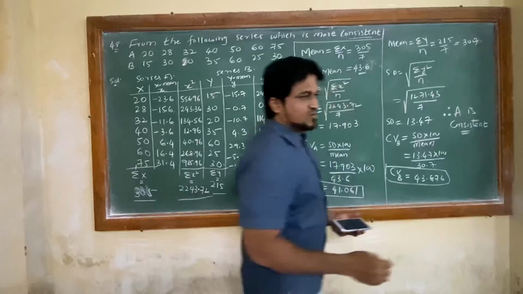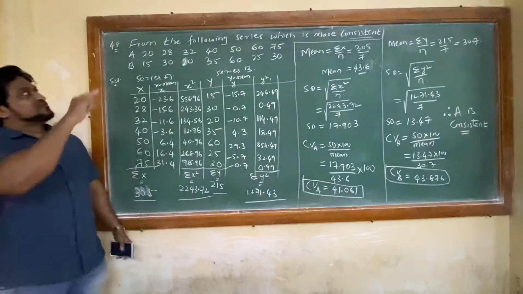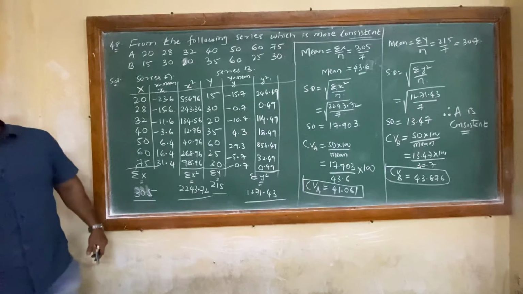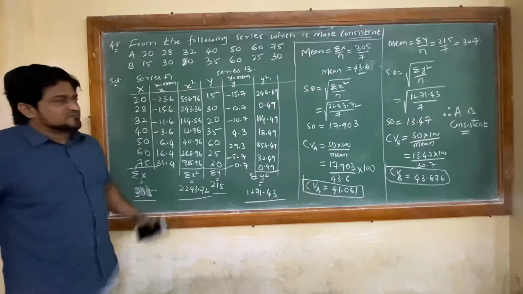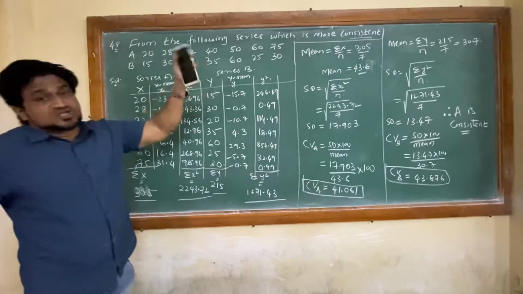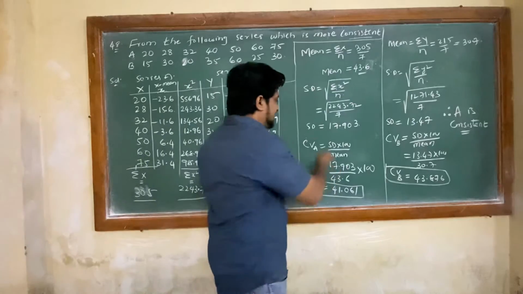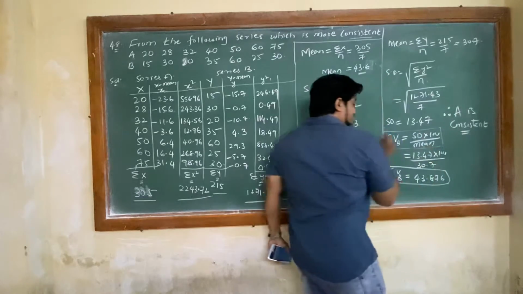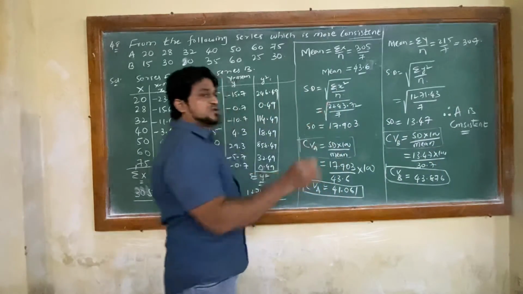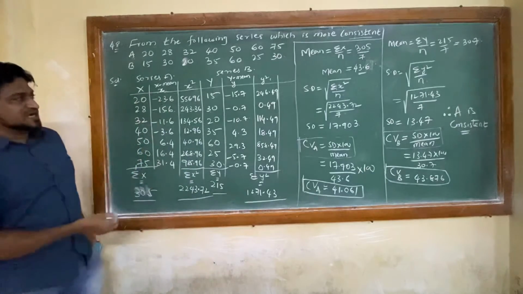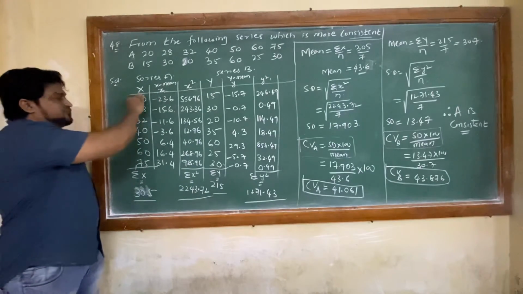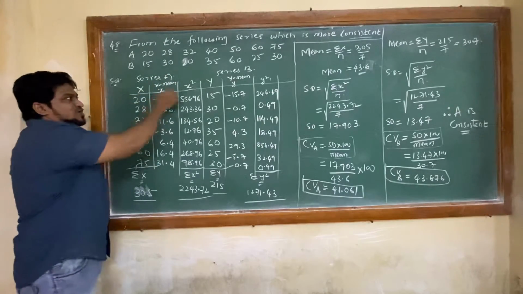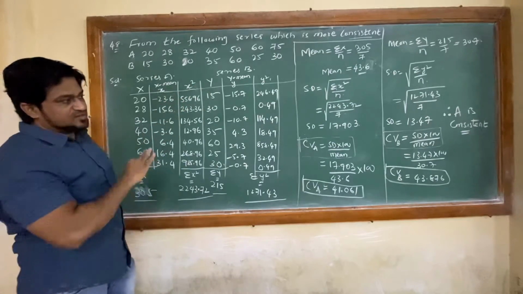Got it? Check it out once again. We have been given this question from the following series. We have to find which is more consistent. To find which is more consistent, what will we do? First we will take series A. For consistency, you should remember first that we have to find the coefficient of variance of A and the coefficient of variance of B. In this you have standard deviation and mean. So you should know the process of finding the mean as well as the standard deviation. What is the process of the mean? We have to find x, sigma x, and you will get the value of the mean by sigma x by n. Then to find the standard deviation, small x and x square are needed. So in that way you can remember this one.